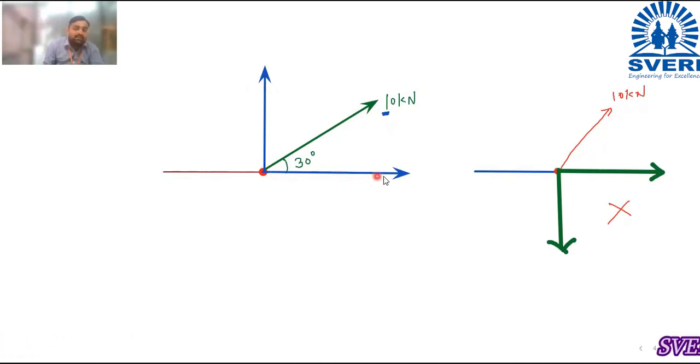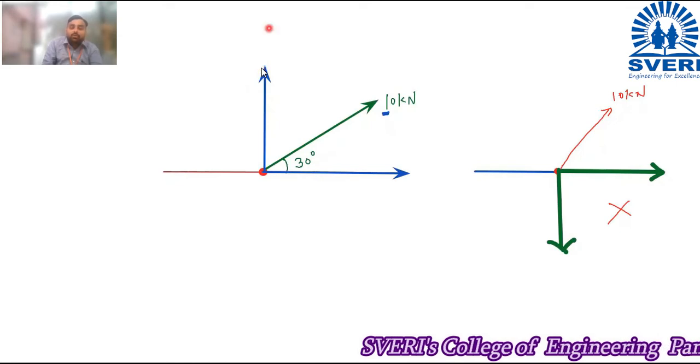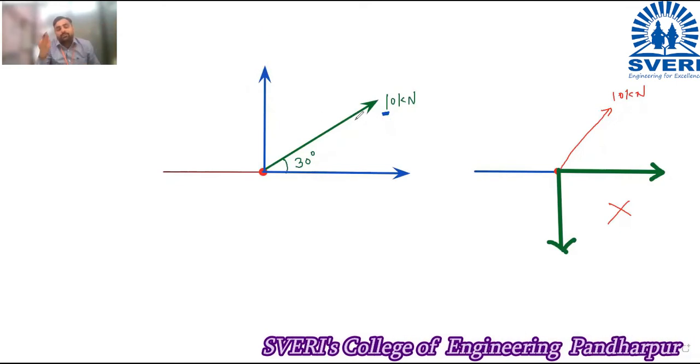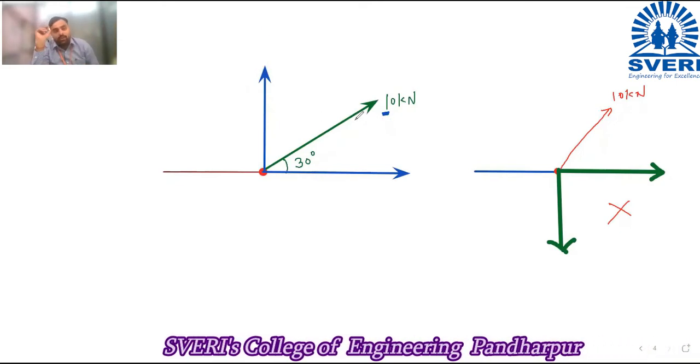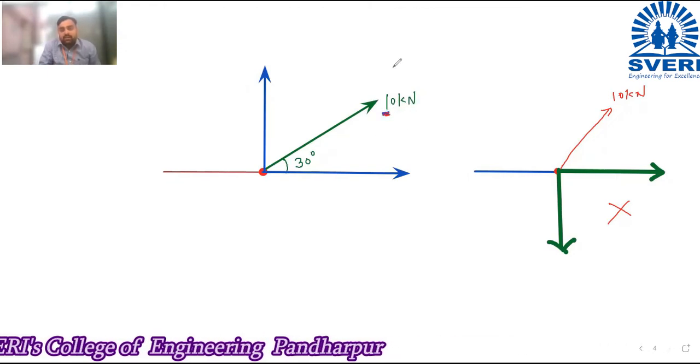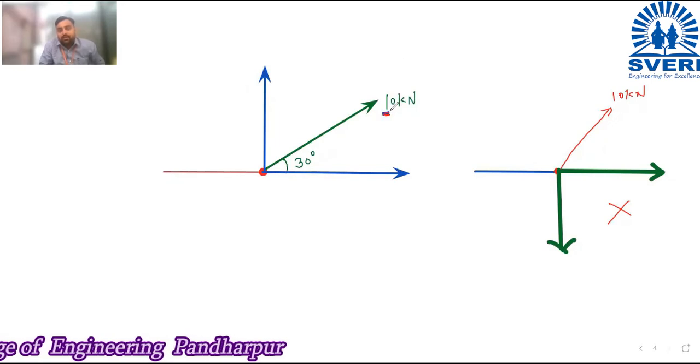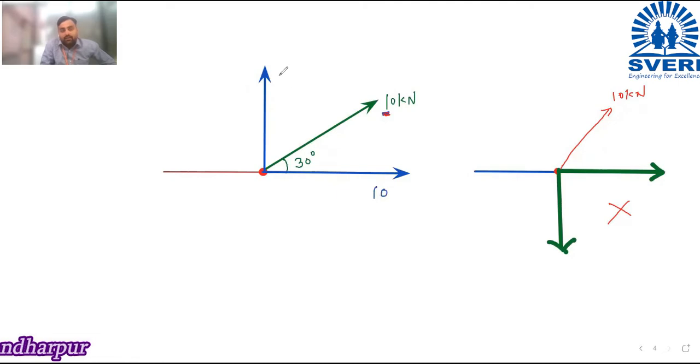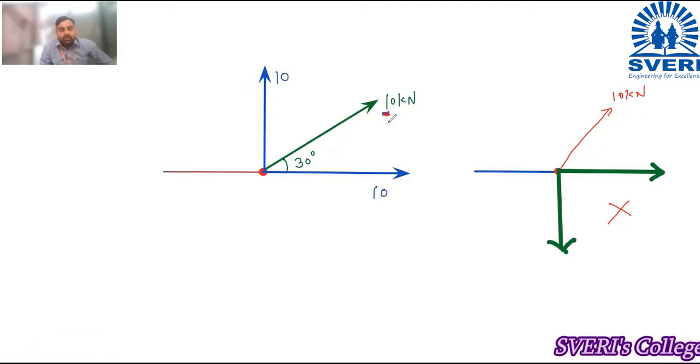Now the question arises, what is the magnitude of this horizontal force and what is the magnitude of this vertical force? So to take the magnitude, just follow the things what I am going to tell you. See, what is the magnitude of this force? It is 10 kilonewton. What is the magnitude of this force? 10 kilonewton. So I will write 10 here and I will write 10 here also. Okay. इथं 10 आहे ना, दोघांना 10 लिहून टाकलं मी.